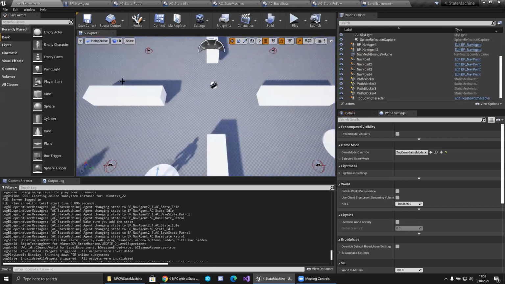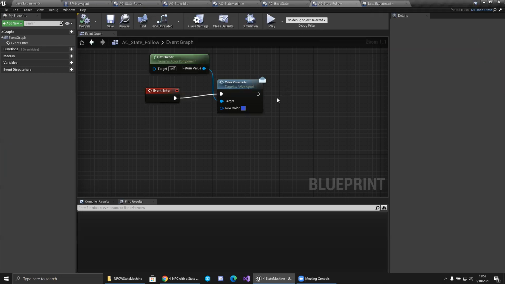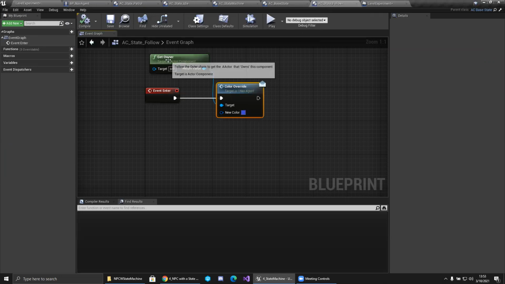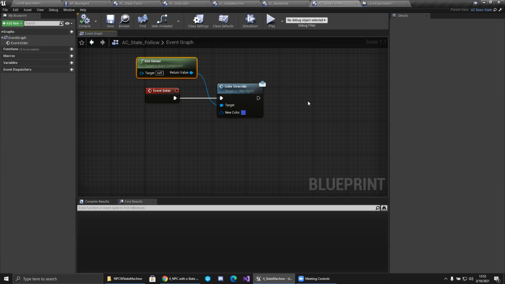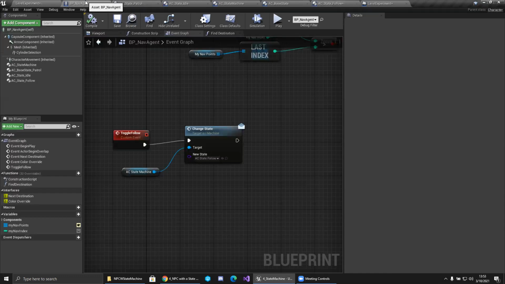All right. So we have to add some more things to this follow. We saw it actually was calling this and entering. We need a way for it to go to our player's position. Well, as we see, the way the state itself kind of talks to our agent itself or calls functionality from it,